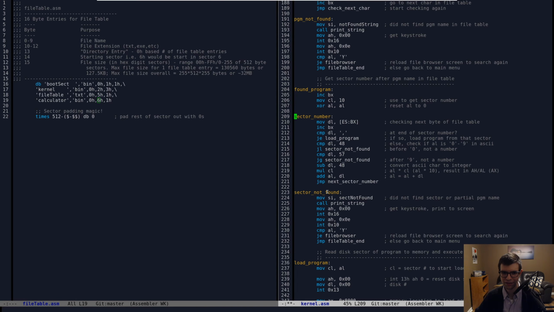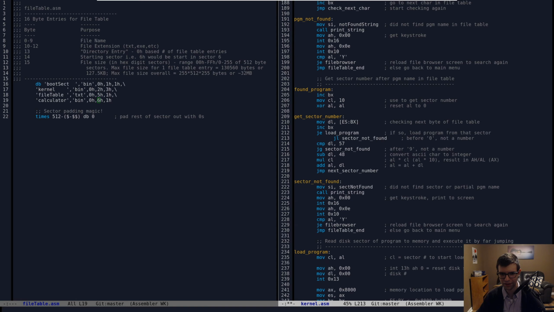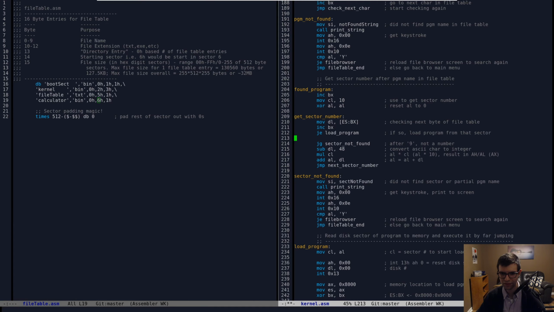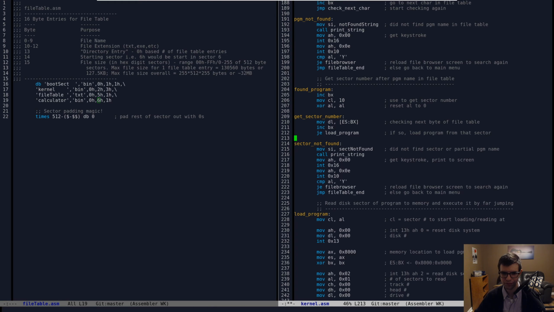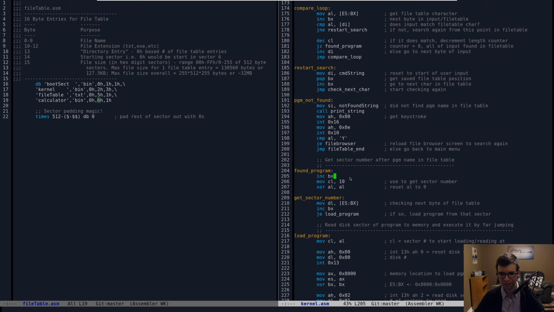All right. Let's do get sector number. Not checking that. We do want to eventually go to load the program though. Don't need that. All right. We shouldn't have a sector not found message really. So I'm going to get rid of this against my better judgment. Delete. All right. So wherever DL is pointing, the next byte of the file table. So BX at this point,